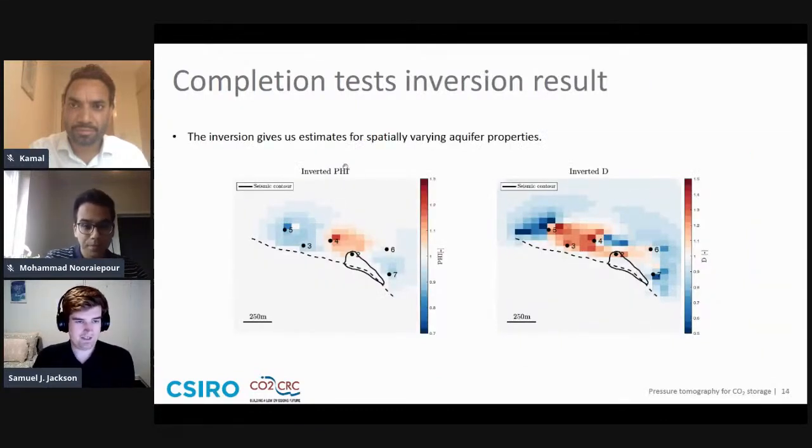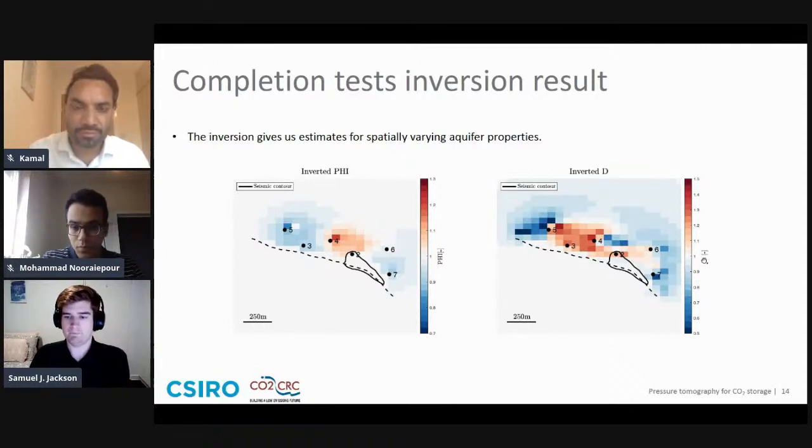So we have on the left the inverted phi, which is this porosity thickness term, and on the right, the inverted diffusivity, which is the permeability height term. Now these are non-dimensionalized. They're scaled around the average for the field. So that's a porosity of 0.2, a permeability of around a Darcy, and a thickness of around 30 meters in